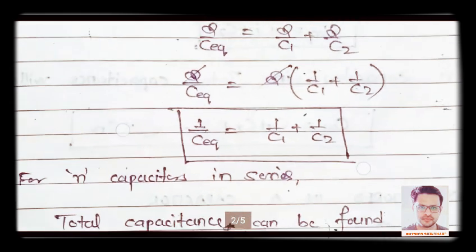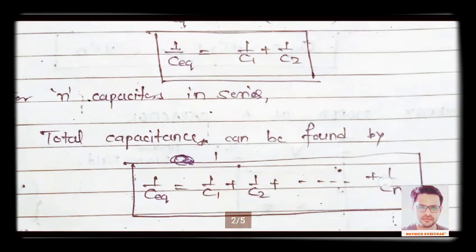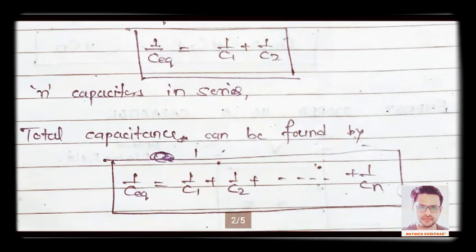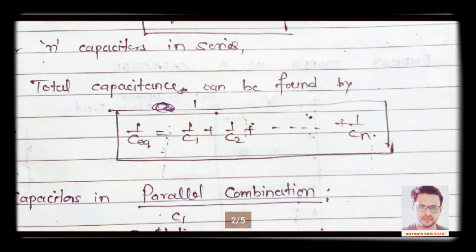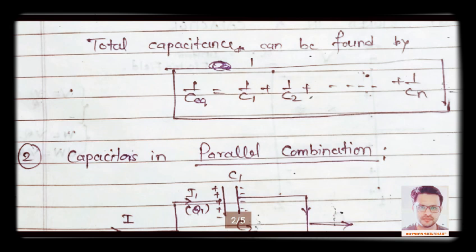So if there are n capacitors in series, we will have such a formula, and this structure is exactly opposite to the series combination that we see in the case of resistances. Instead, this structure matches the parallel combination that we used to connect in the electrical circuit of resistances. Alright students, I hope मुझे लग रहा है कि आपको ये चीज़ समझ में आ गई होगी।